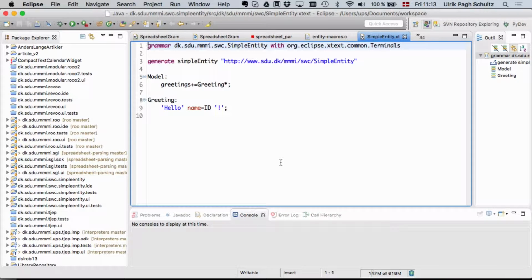Now, this is where I write my BNF. And here I have a bunch of rules. There are a number of things happening here which are kind of hidden from you, but you can do other things if you wanted to use a different meta model or different lexing rules. There are lots of things you can configure. But here we are happy to let xtext do things for us, and we are happy to use the standard lexer. Now, I'm just going to implement what we had before. Our model here, you can call it anything you want, but let's call it system. So a system